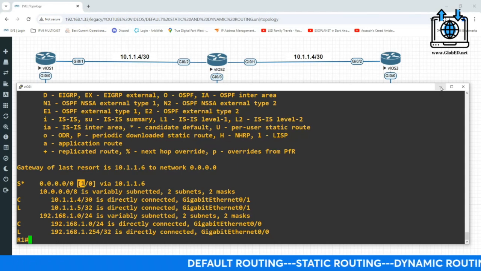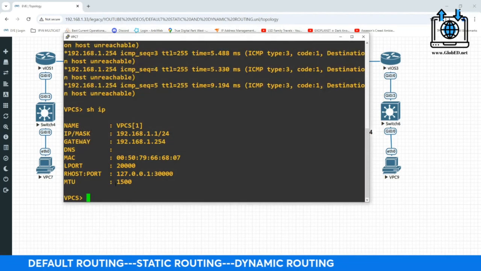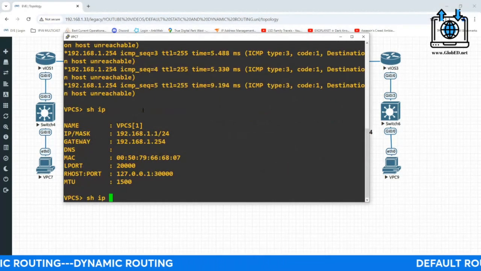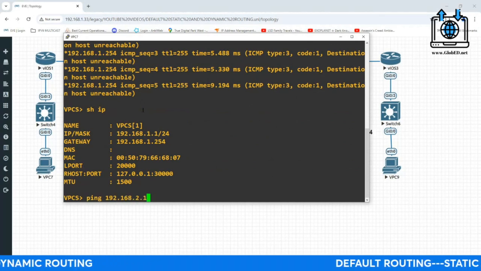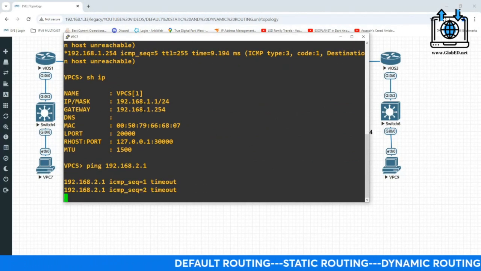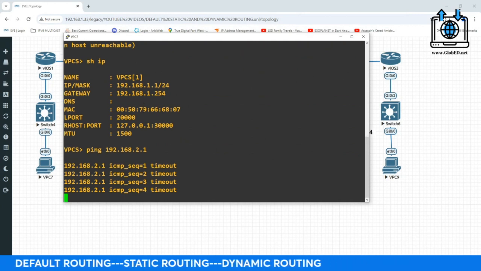All right, so let's see, now that I did that, if I'm going to get an unreachable. All right, so I'm going to minimize this. I'm going to go back to PC7. And you can see we got unreachable before. Let's see what we get this time. It's up arrow, up arrow. And what do I get? Now it's taking a little bit. And now I'm getting a timeout. So what happened? It lost its way back.